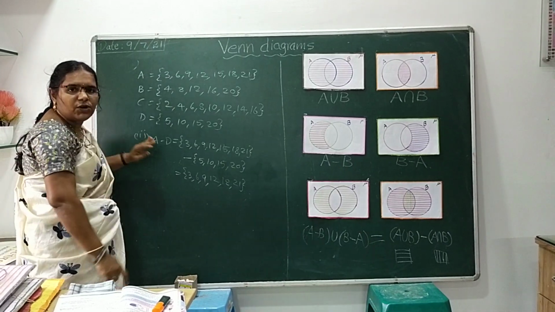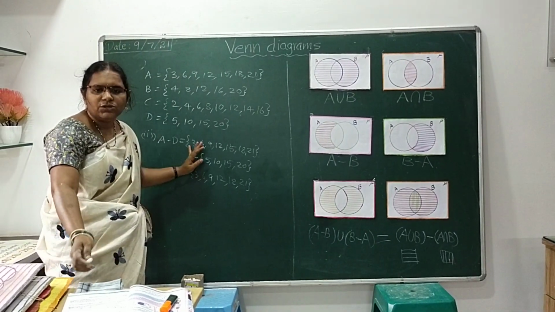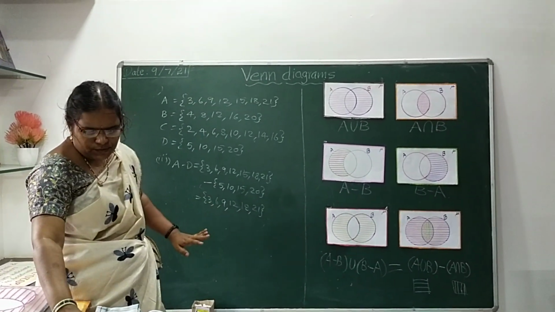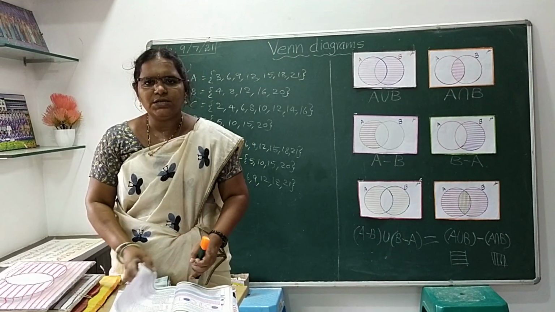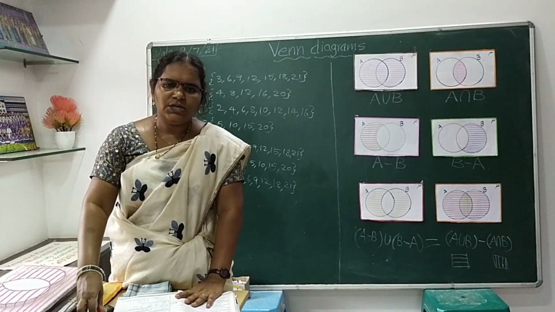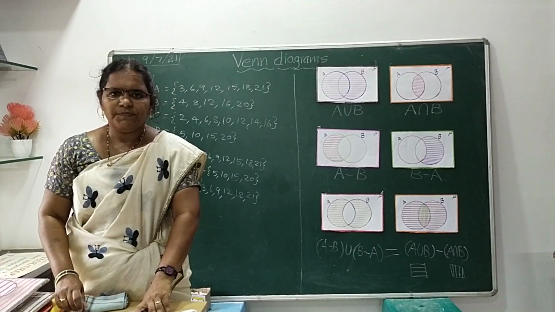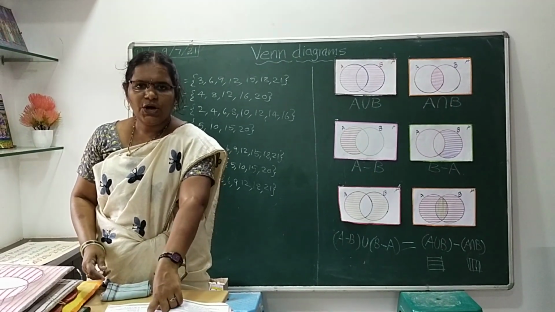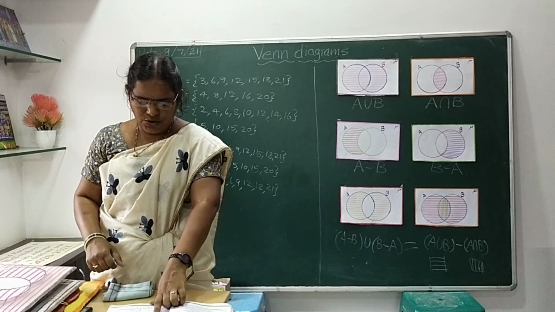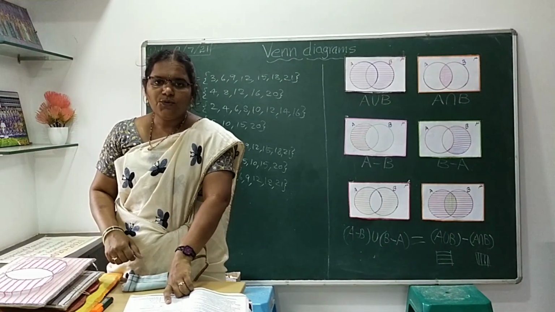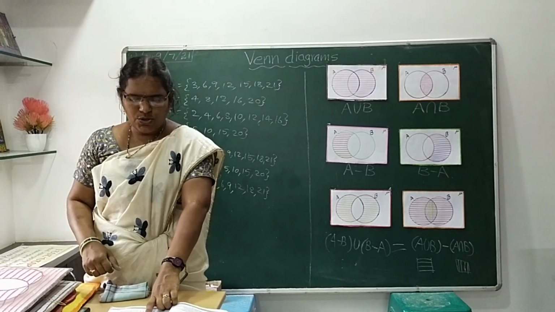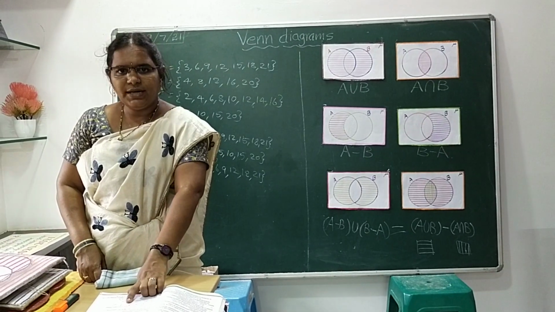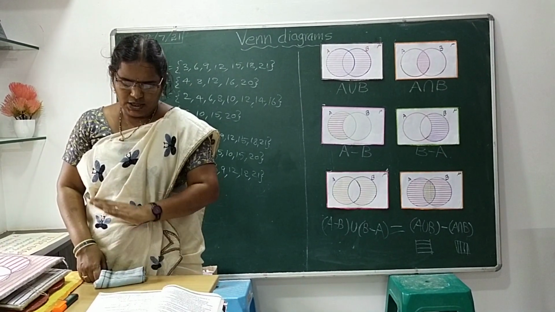Then proceeding following this, I hope you can do the remaining sums. Whatever doubts you have, you can clarify by asking me personally. From the remaining questions also, true, false, everything is there. According to the given knowledge, I hope you can complete each and everything. Exercise 2.3, page number 41 you have. First, Roman numeral one, you have to write in roster form, elements you have to write. Second one, equal to and not equal to symbols you have to denote.